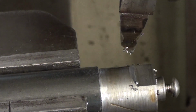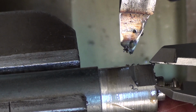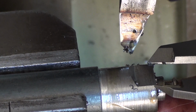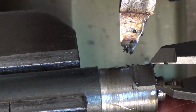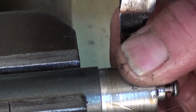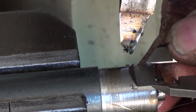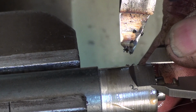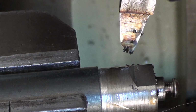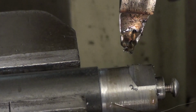So, some people enjoy working to plan, some people don't. And a lot of times I'll measure something, like I'm doing now. It's probably not the most accurate way, but hey, it works. Do it by eye, and that's that. 494. So I'll take another whisker off it and